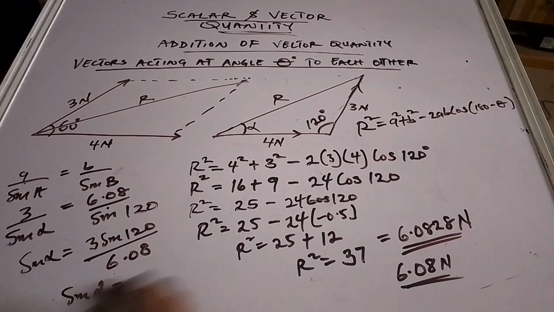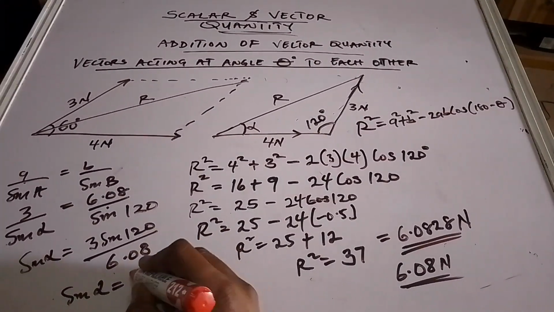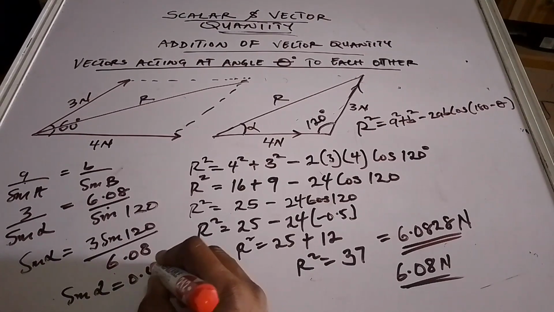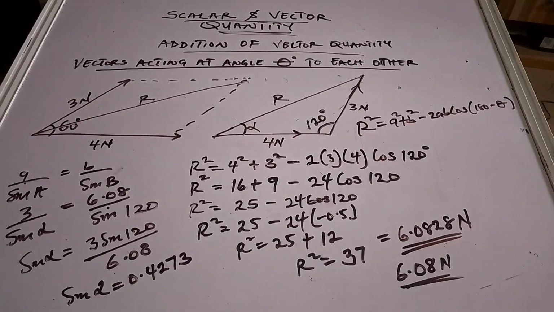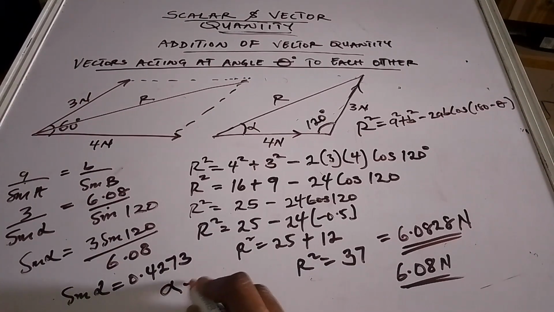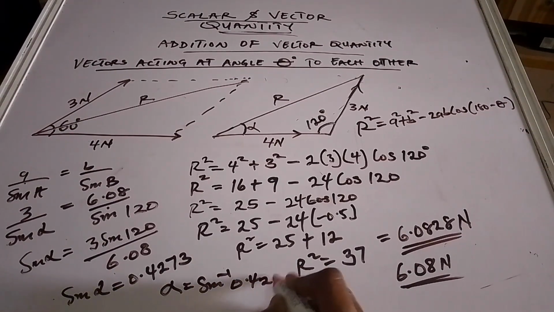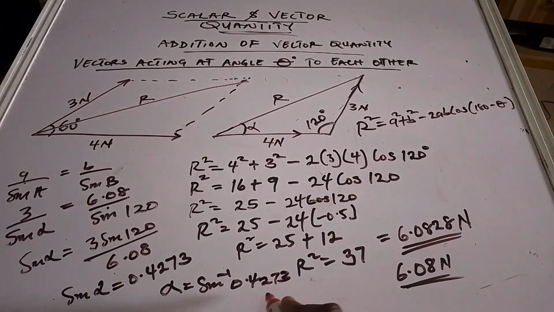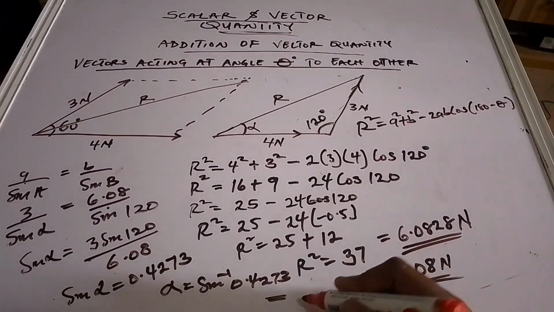Our sine alpha is going to be 0.4273, approximated to 4 decimal places like that. So what is now going to be our alpha, which is our direction? Our alpha is now going to be the sine inverse of 0.4273. So what is the sine inverse of 0.4273? So it's approximately